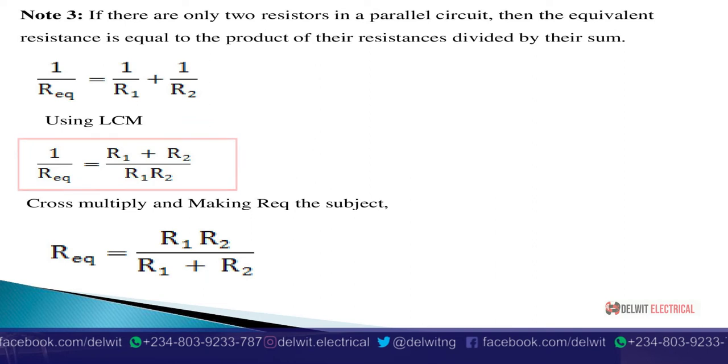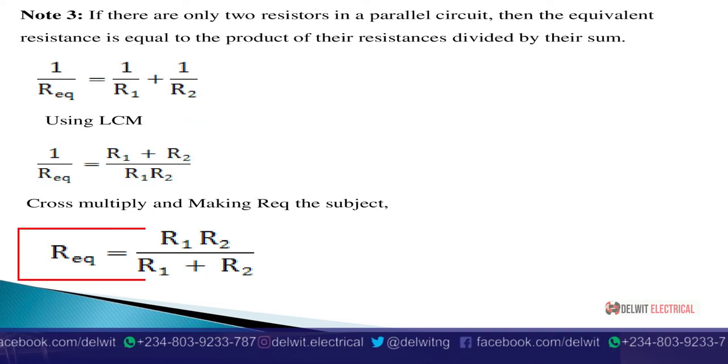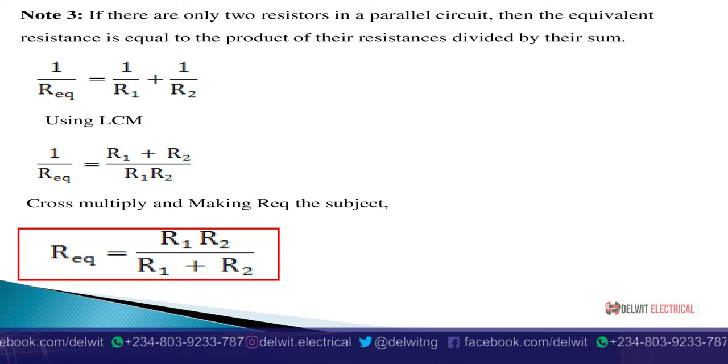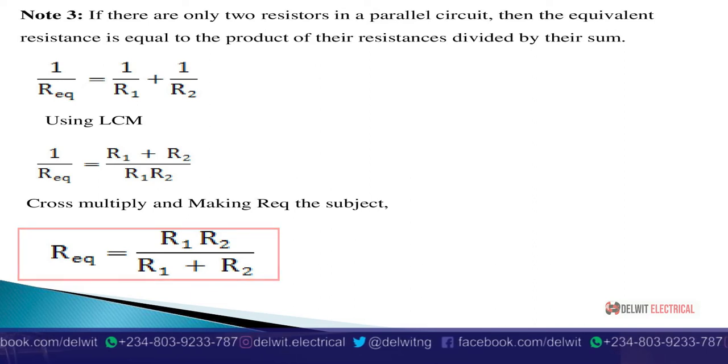Now, by the time we cross multiply, we will know that our R equivalent now will be equal to R1 times R2 all over R1 plus R2. So in summary,